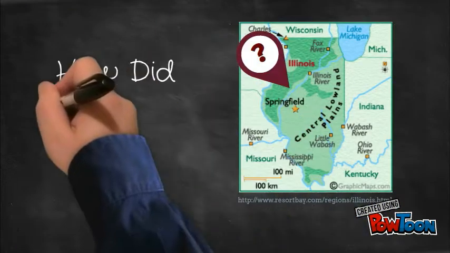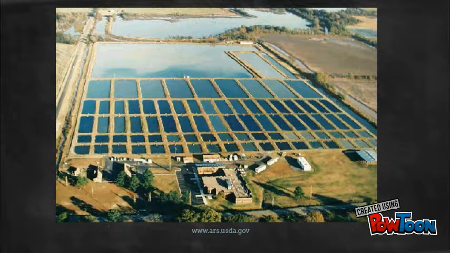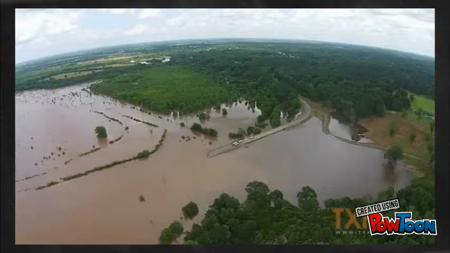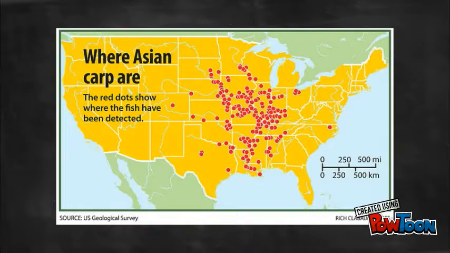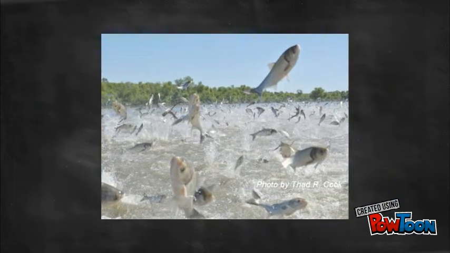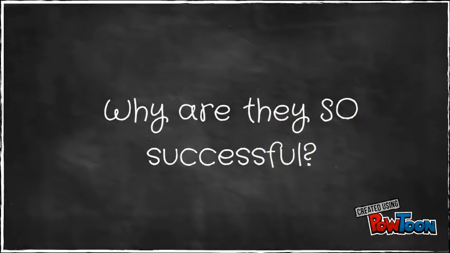In the 1970s, the U.S. imported Asian carp to help fish farms in Arkansas filter their pond water. In the 80s, they escaped their boundaries during a flood. Once they found their way into the wild, they began reproducing and quickly established a sizable population in rivers and streams. Asian carp have been extremely successful for many reasons.